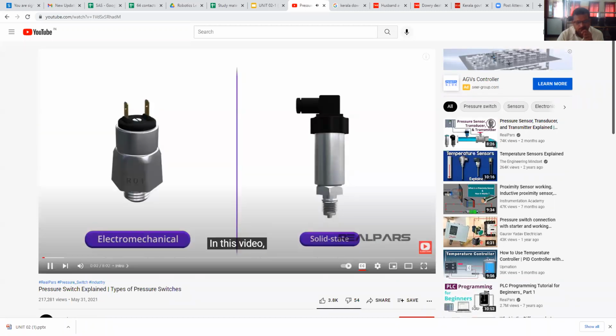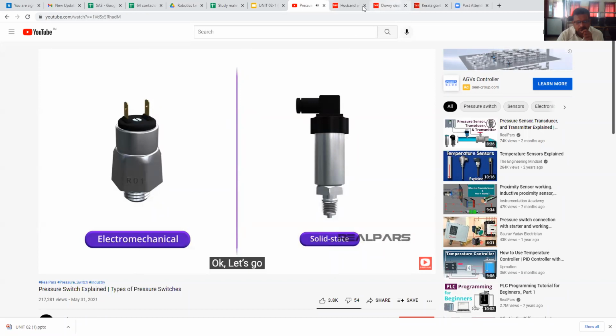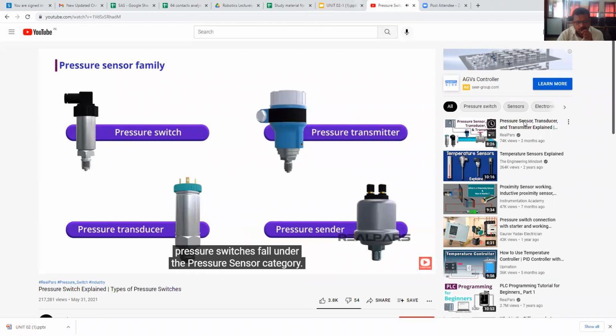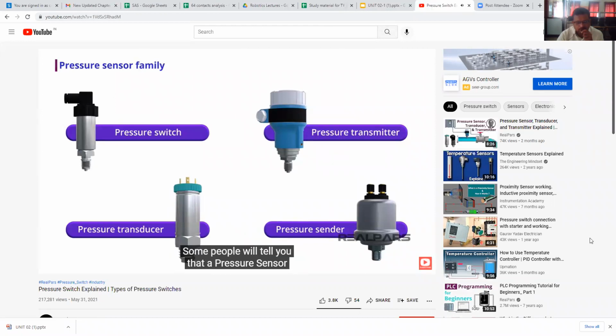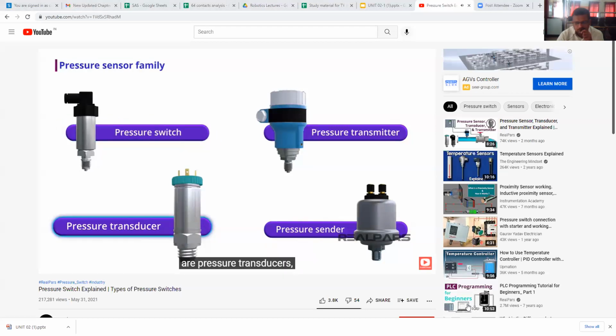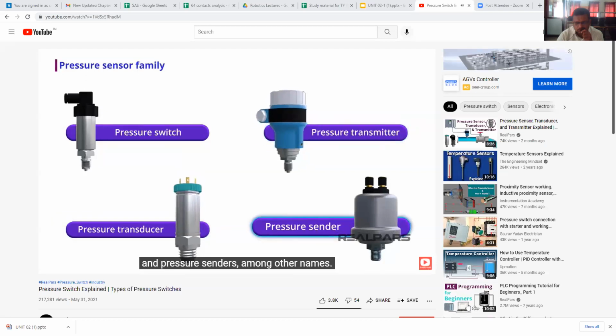In this video, we're going to talk about different types of pressure switches and how they operate. Okay, let's go. Depending on who you talk to, pressure switches fall under the pressure sensor category. Some people will tell you that a pressure sensor is a device for pressure measurement of gases or liquids. Included in this pressure sensor category, along with pressure switches, are pressure transducers, pressure transmitters, and pressure senders, among other